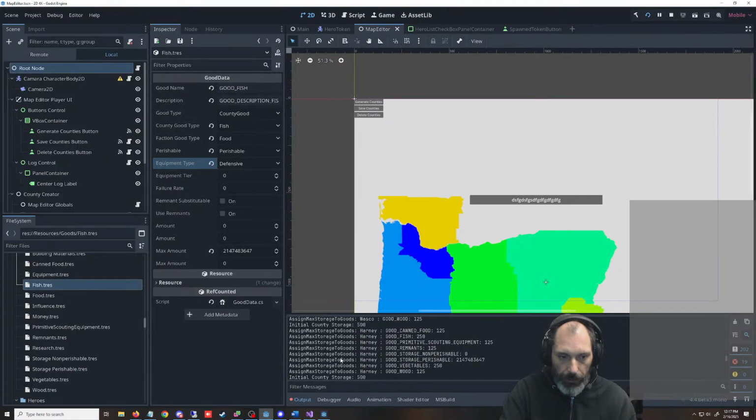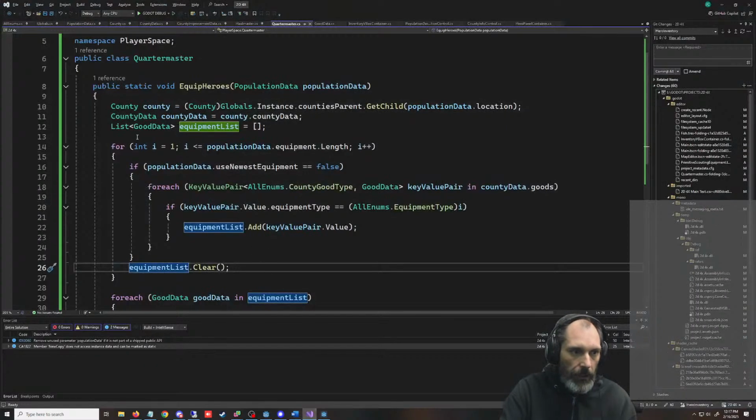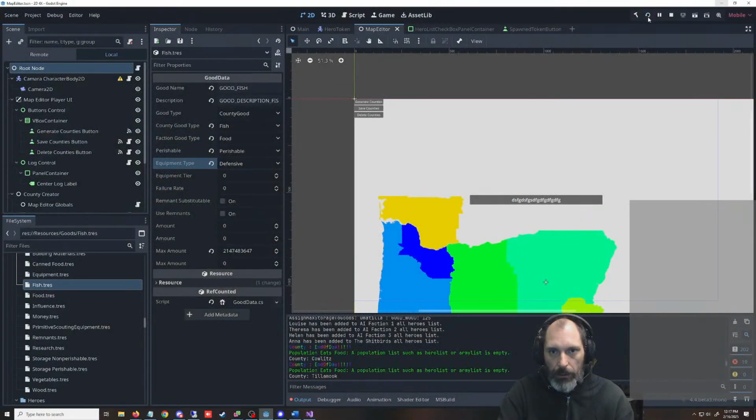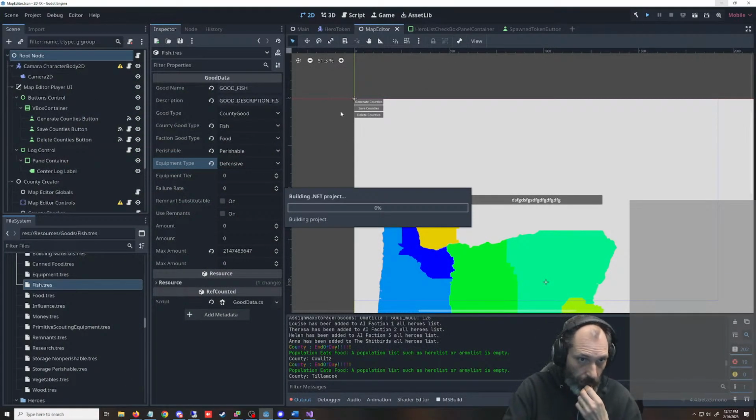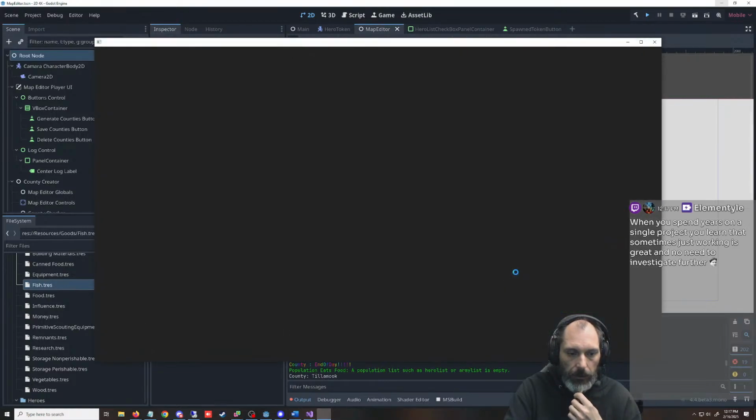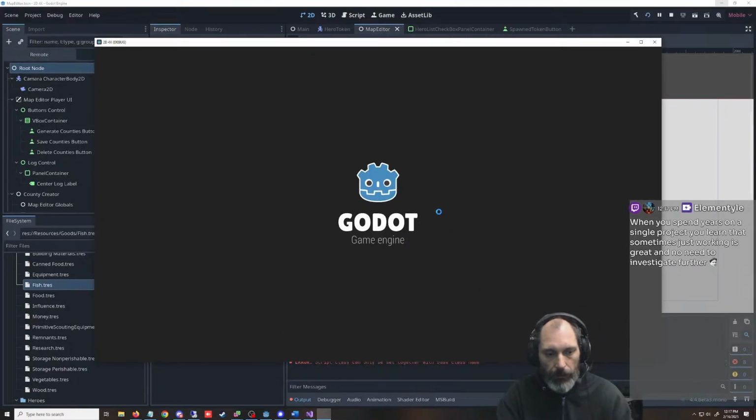I think I'm clearing the list in the wrong spot. So it's going to go through the first one, and it should for each. So 4 o'clock should be the last thing that happens.